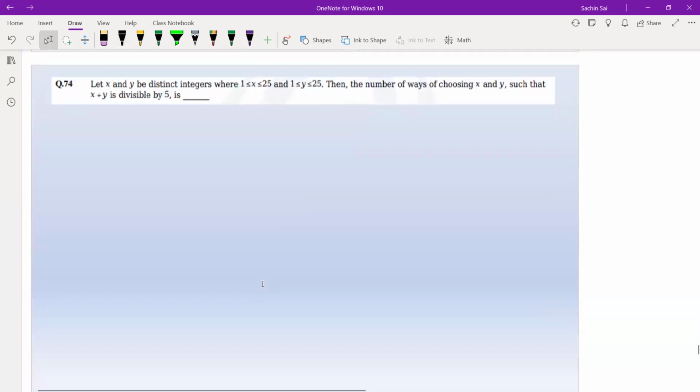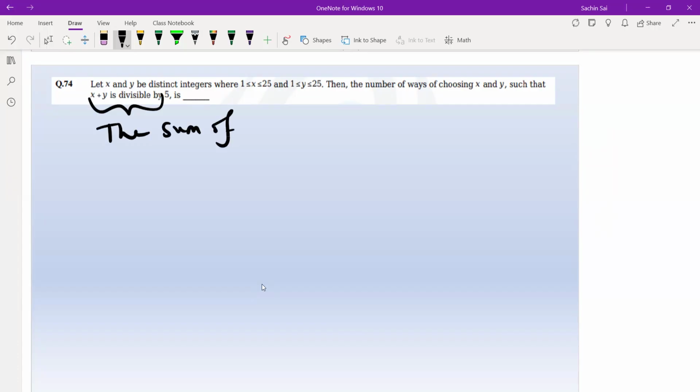Question 74, X and Y are distinct integers such that X lies between 1 to 25 and Y lies between 1 to 25. Then the number of ways of choosing X and Y such that X plus Y is divisible by 5. So I hope you've revised the concept of divisibility here. For X plus Y to be divisible by 5, the sum of the remainders must be divisible by 5,